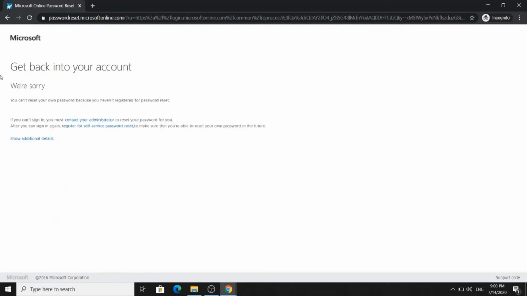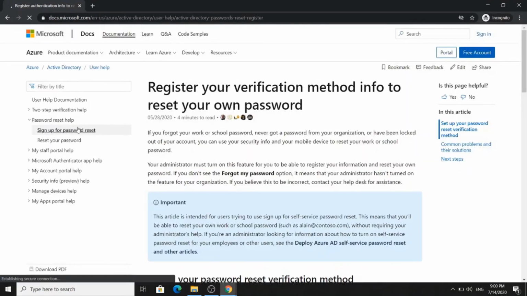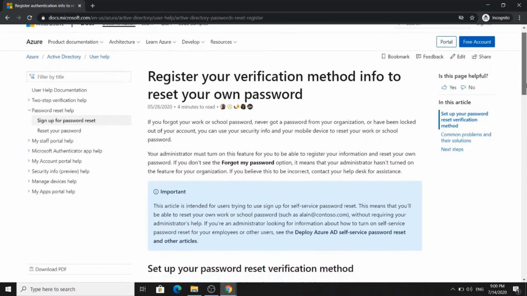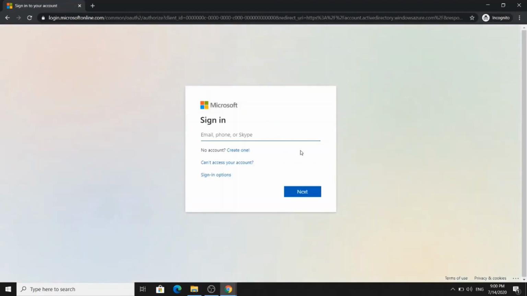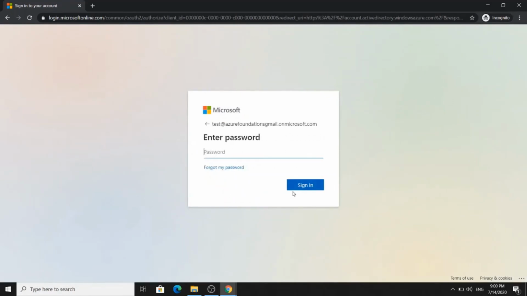And this is the error message that appears. It's basically saying me that I cannot reset my password because I haven't registered for password reset. There is a useful link here that's telling you what you need to do to fill in the required information. You need to click on the security info page, sign in with your account,